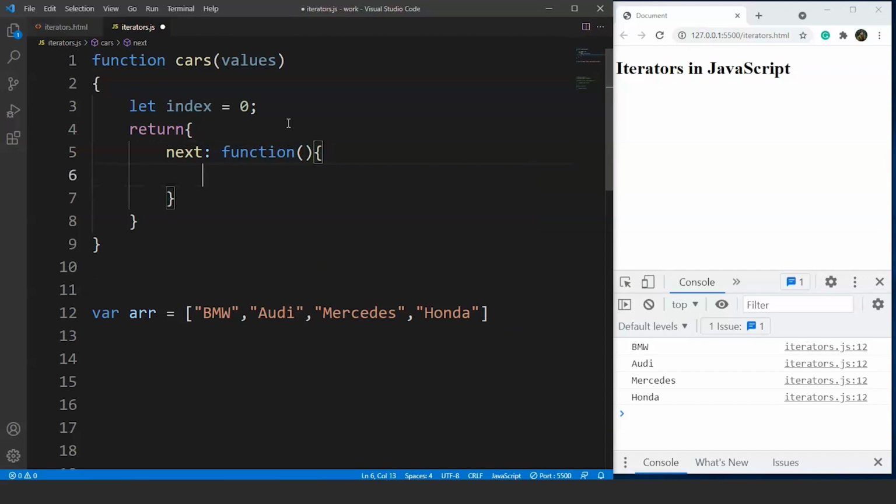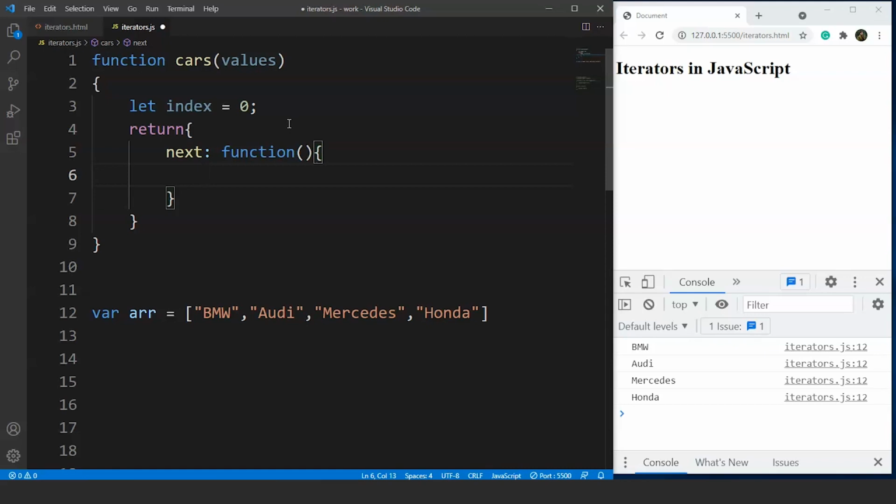Now next is a function here which will be called to print the current element's value, and it will take the index variable to the next array element. It will return the properties as well. The two properties are value and done. Now the traversing of the array starts here actually. What we want is for the index variable to traverse the array until it reaches the end. So we'll use the if else statement to do this task. We have the array length property.